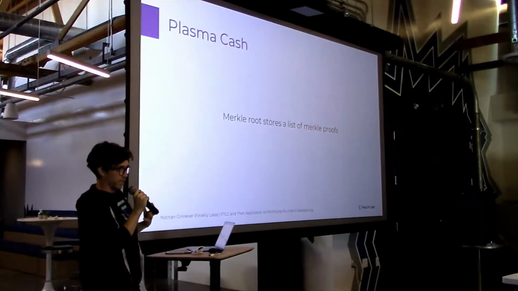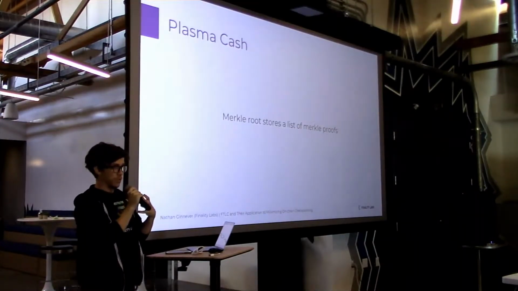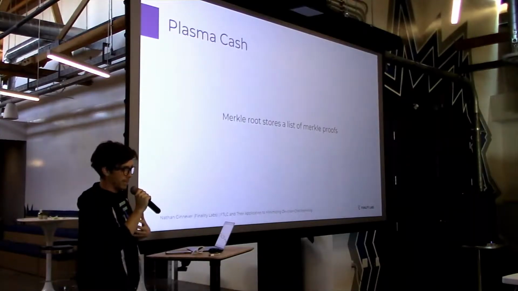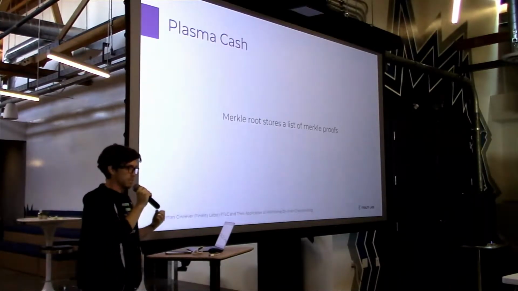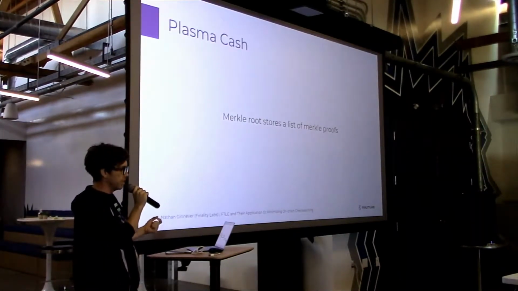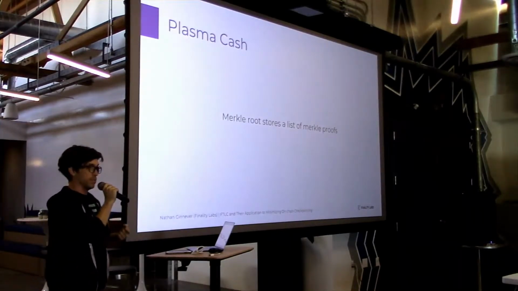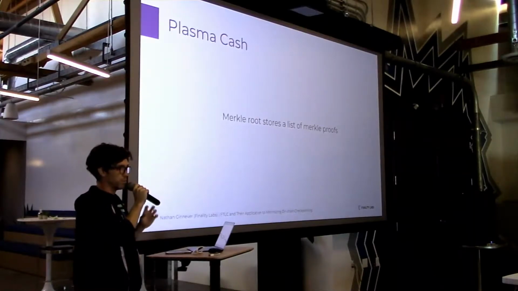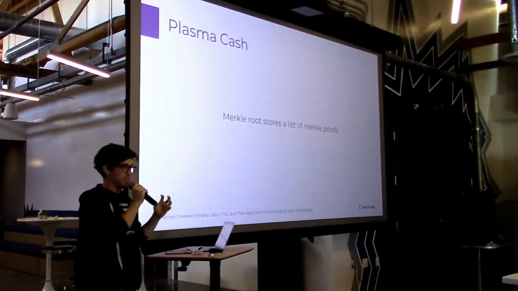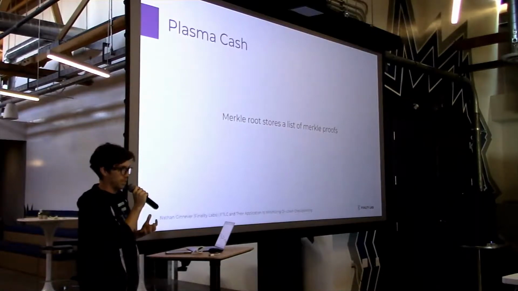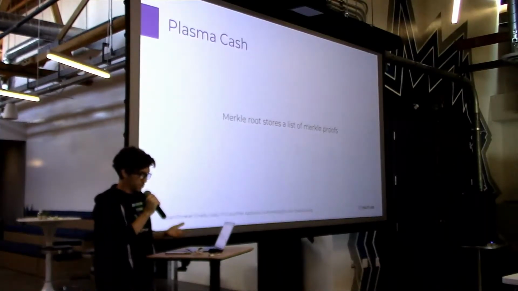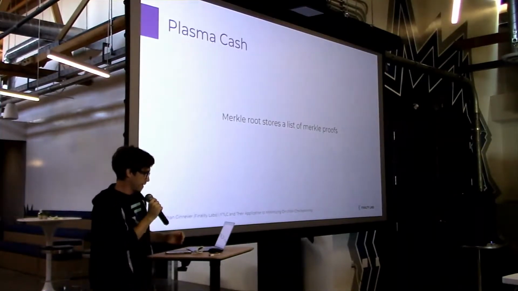That you're given slots, so you put all transactions into one big tree. And if I have a coin inside the Plasma Cache, I'm just one little slot on this big tree. And if I transfer to somebody else, I just change the ownership of that slot to somebody else. And the proof of that being included in the Merkle tree is really what's getting put on chain. And that's what you can use to challenge and verify that you actually own something.